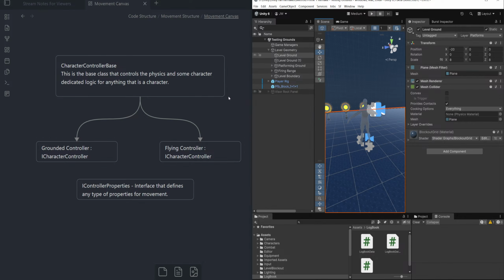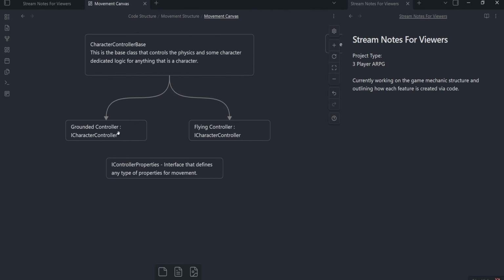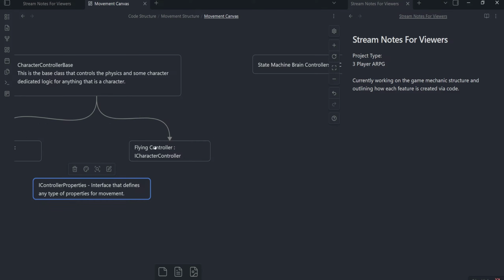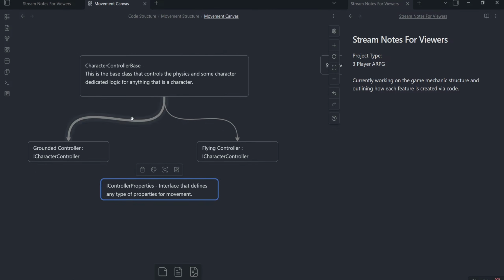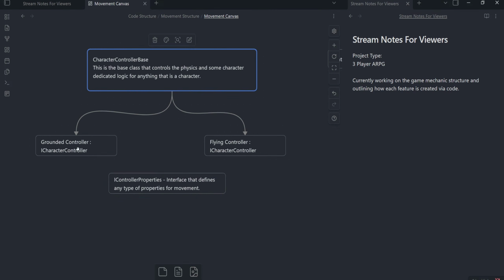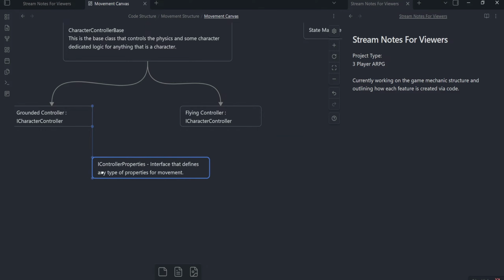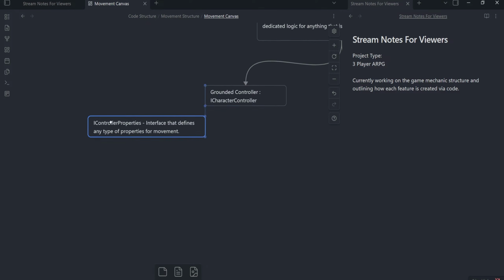I want to get them out like a brainstorm first, that way I don't change my mind and then have to refactor a couple things because I realize, oh, this is a bad idea. Yeah, so we'll have a character controller base, we'll have a grounded controller, and basically they'll all implement the AI controller properties, and the IController properties can be set up like